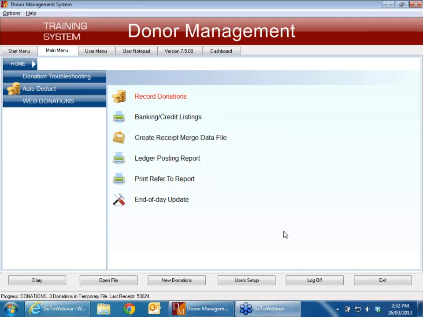The reason for this is that when I process the reversal, I can't put a negative value in and have that match a positive value. So I have to put it in at $100 because that was the original transaction, but the pay method that I use on the screen is then reversal. So if we look at something like that,